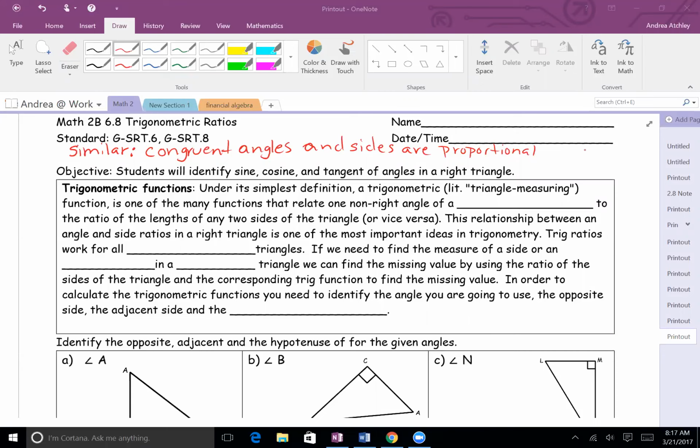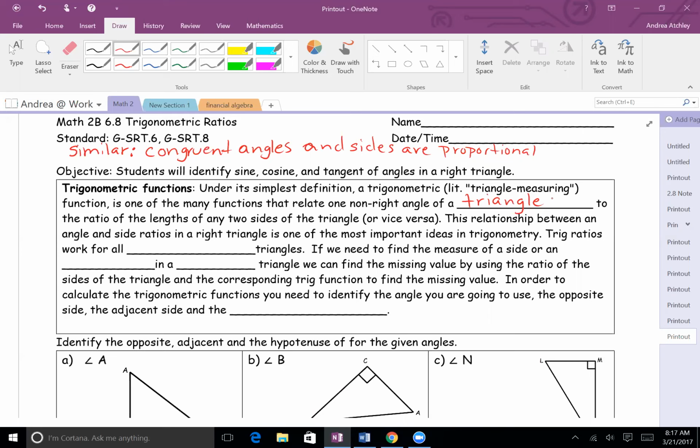Okay, trig functions. Under its simplest definition, a trigonometric, literally triangle measuring, function is one of the many functions that relates one non-right angle of a triangle to the ratio of the lengths of any two sides of the triangle, or vice versa. The relationship between an angle and the side ratios in a right triangle is one of the most important ideas